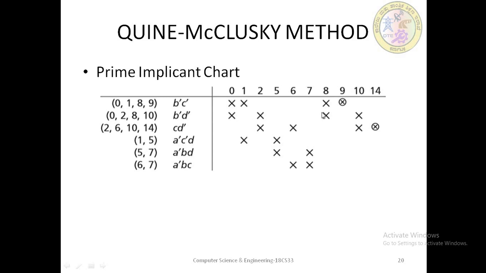And now we will try to get the simplified expression of it. The final expression is, for this there is no other term here, and also there is no other term. So that means directly these two should be covered, right? B dash C dash has to be covered in the output combinations, right? That's why they have marked it with a cross mark. So CD bar, they have covered.